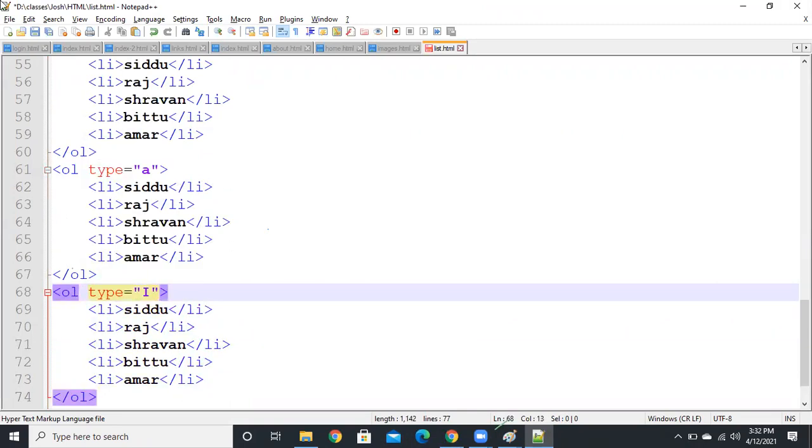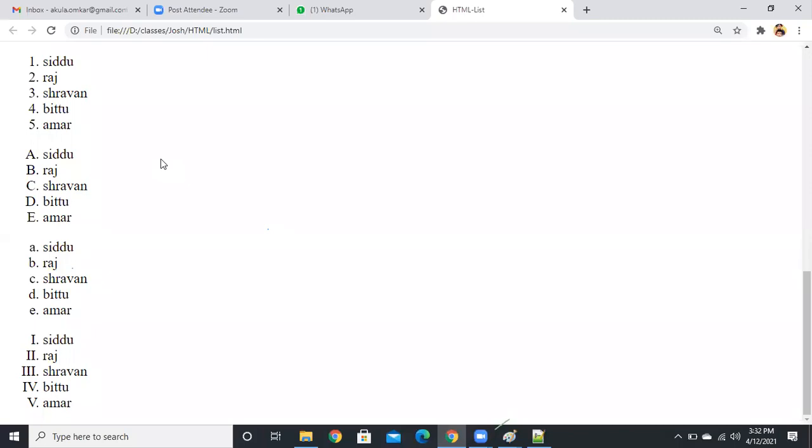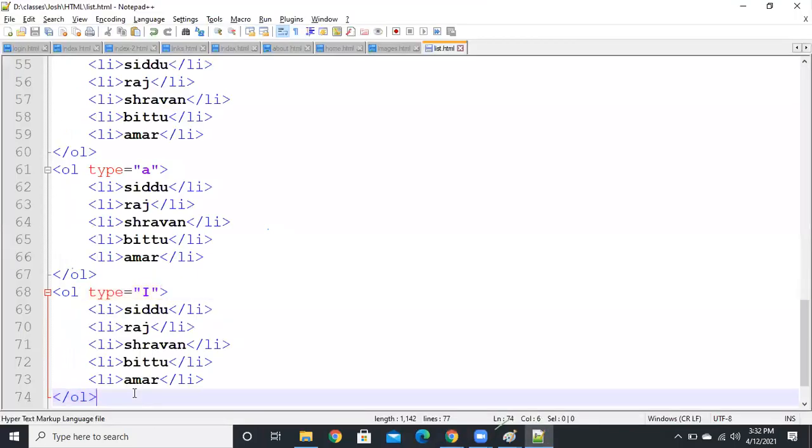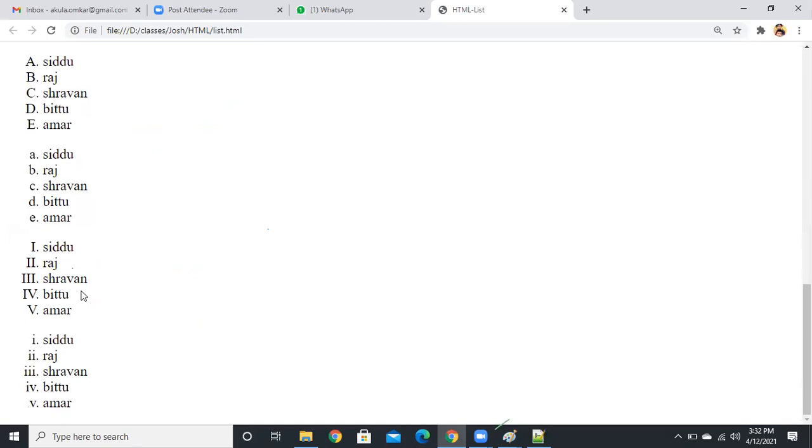Capital I, then you will get the Roman letters. Small i, the small letters.